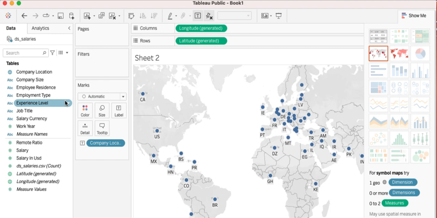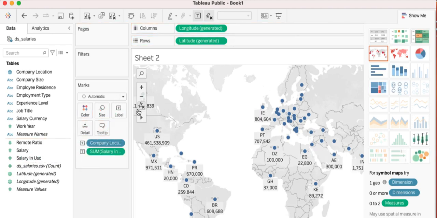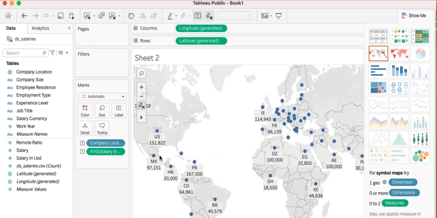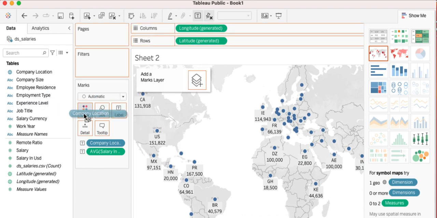From there, we're going to take the salary in US dollars and also drop it on label as well. And the salary now has been displayed. So that's how you use the map in Tableau. If you want, you can also change salary from sum to average, and we can get a different, more realistic value. So you can go ahead and play around with maps. There's lots more you can do. For example, if we drop company